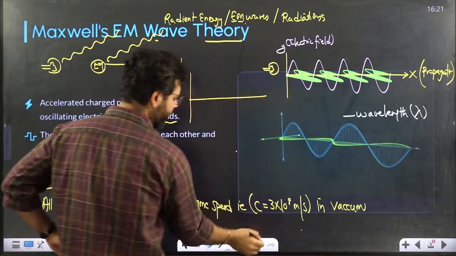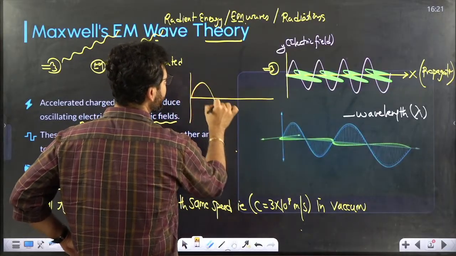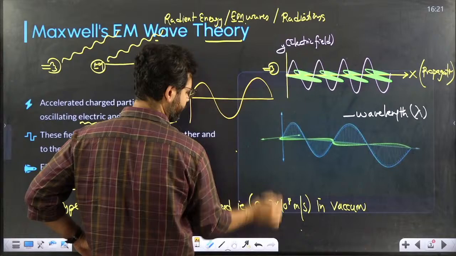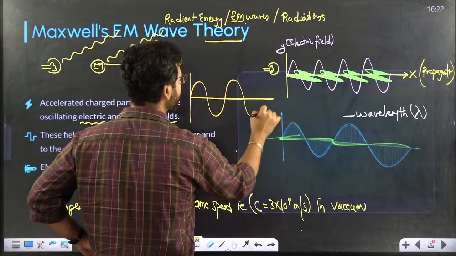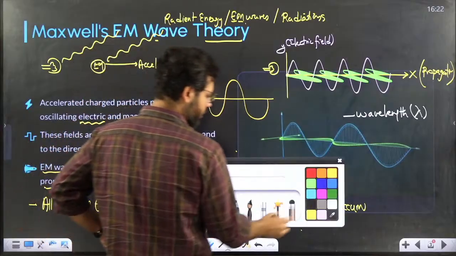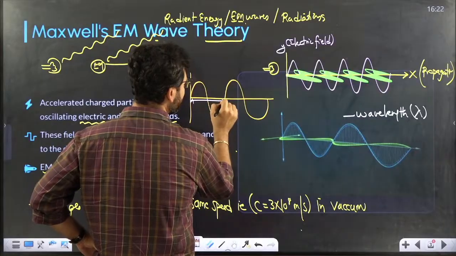Generally, when we show a wave, we show only one of the components. You don't have to show both electric and magnetic components. Just one component is sufficient. Something like this. Now, from the starting of a crest to the ending of a trough, this is one complete length